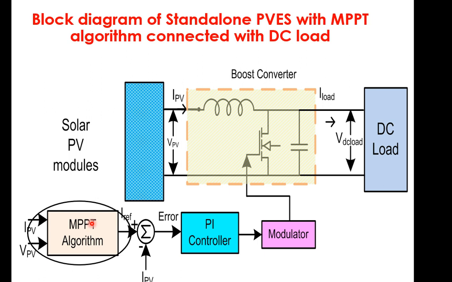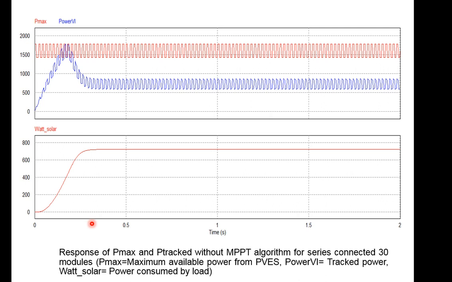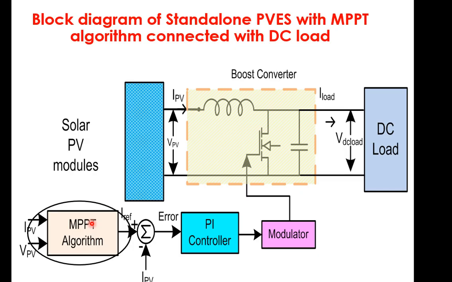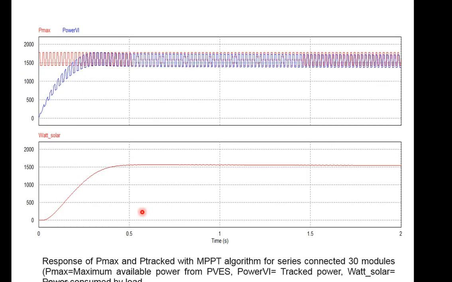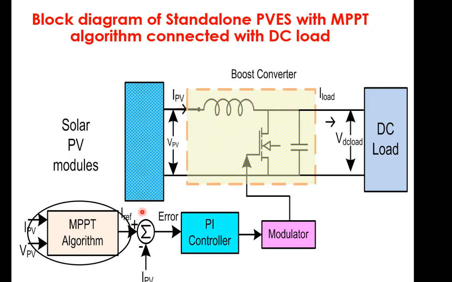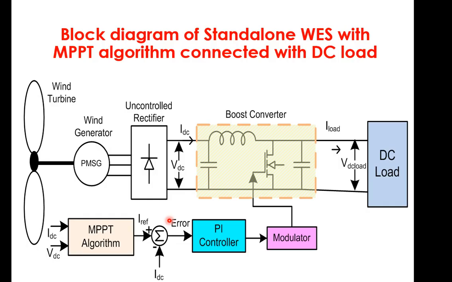plays a role in this. See how it is tracked. So whenever we are considering this MPPT, at that time we have a reference current that is to be drawn, and this is how the MPPT tracks, and again it has been tracked. This is the same result, but how and where it has been impacted, it is shown over here in this diagram.